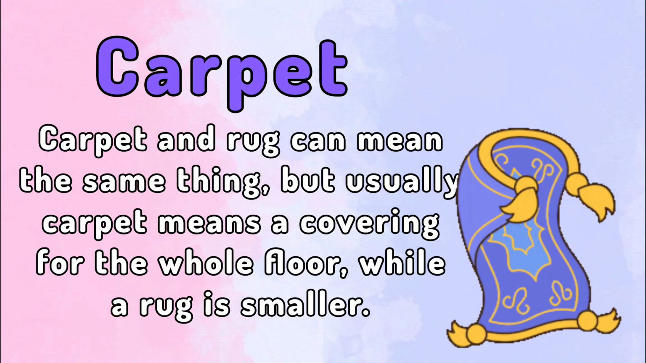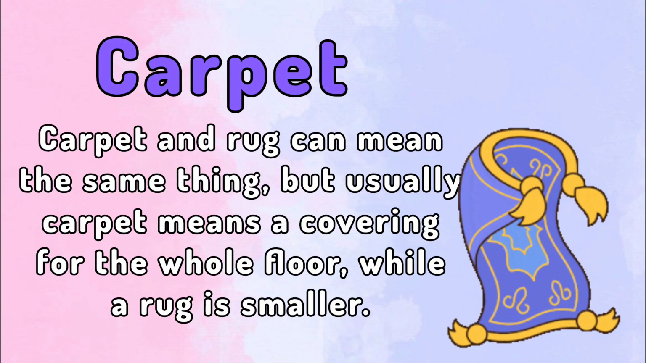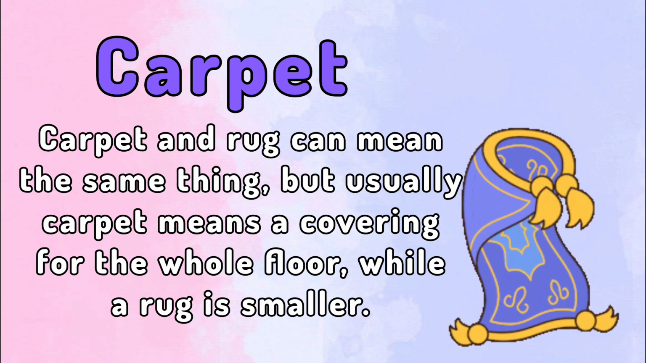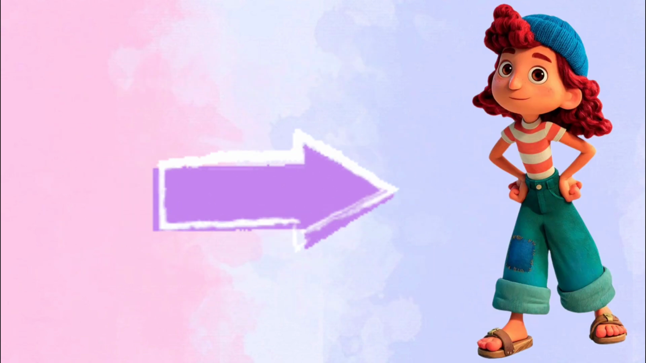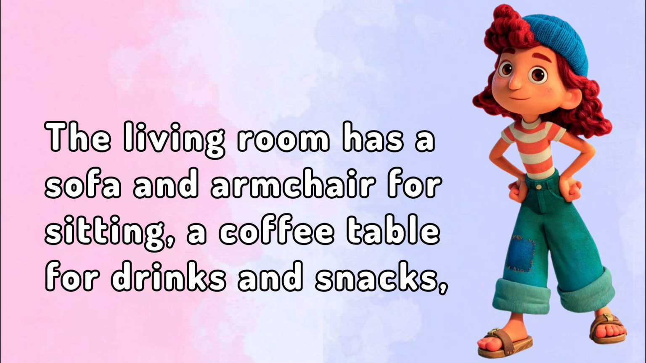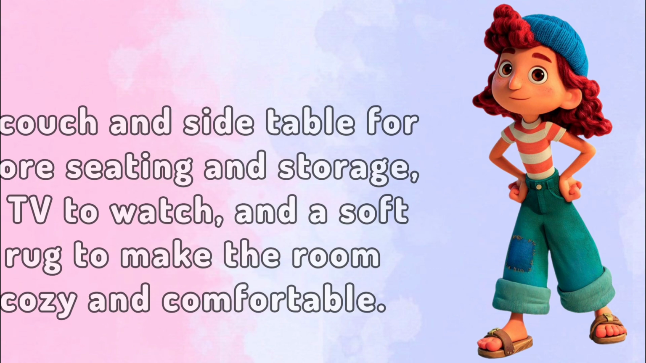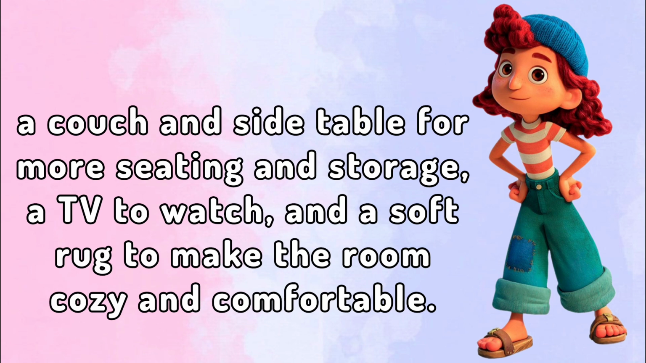Carpet. Carpet and rug can mean the same thing, but usually carpet means a covering for the whole floor, while a rug is smaller. Now let's listen to Jessica. The living room has a sofa and armchair for sitting, a coffee table for drinks and snacks, a couch and side table for more seating and storage, a TV to watch, and a soft rug to make the room cozy